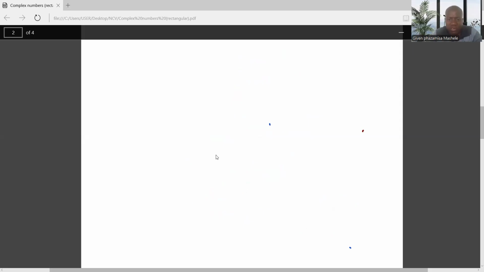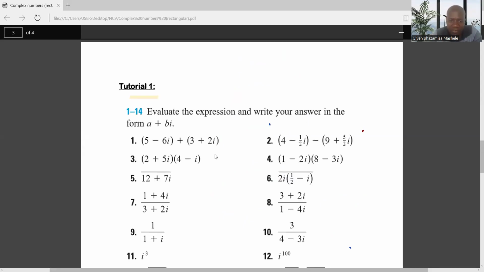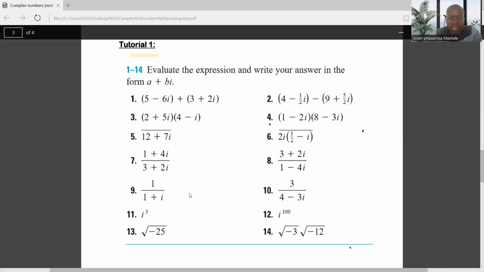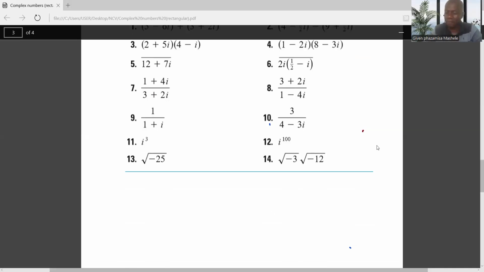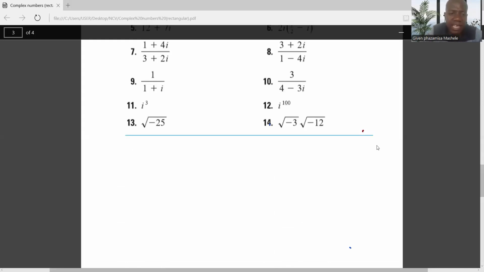Right, next question. We're just dividing, so I believe you can do number 9 and number 10. You do the same as what I have indicated there. Then let's move on to number 11. Number 11, we have